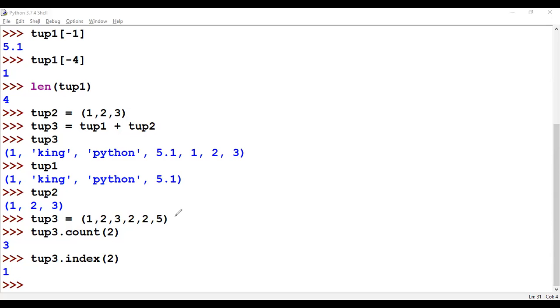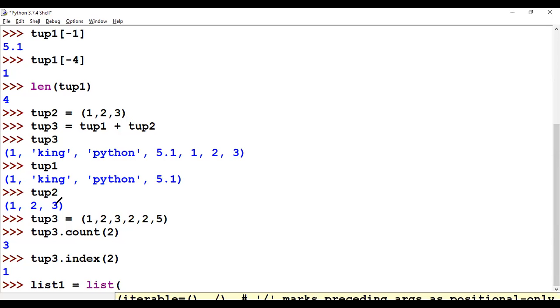The ultimate thing you need to understand here is that you will not have any updation methods in tuple. If you need to update anything in a tuple, you first need to convert it into a list. We know that any data structure can be converted into any other data structure just by calling that data structure. If I say list 1 is equal to list of tuple 3, what will happen?